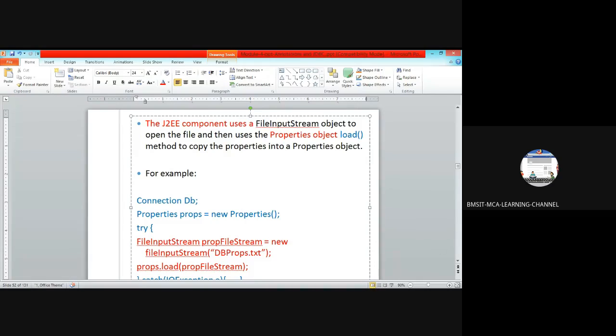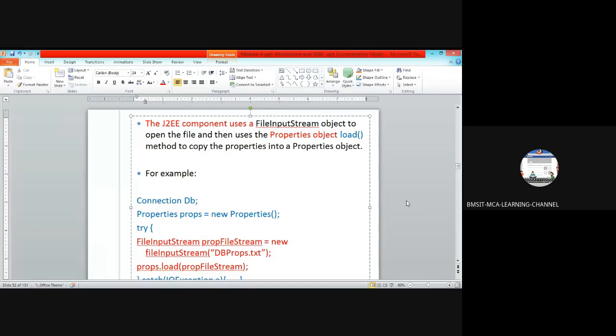As we saw in the previous class, the connection database object is established with the help of the DriverManager class. It invokes the getConnection method, which has three parameters.